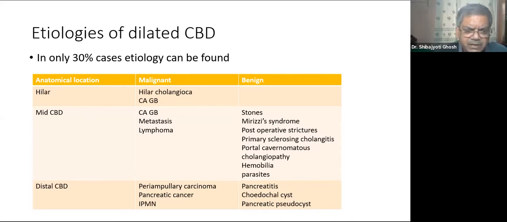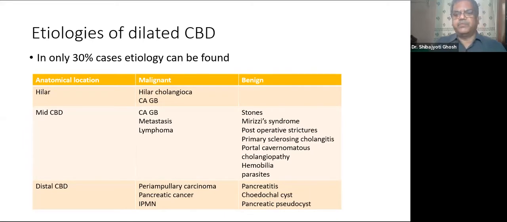In mid-CBD obstruction in the elderly or in a patient of malignant jaundice, gallbladder carcinoma should be considered as the cause until proved otherwise. And rarely some metastasis or lymphoma may cause malignant obstruction, but at mid-CBD levels, benign obstructions are more common, like